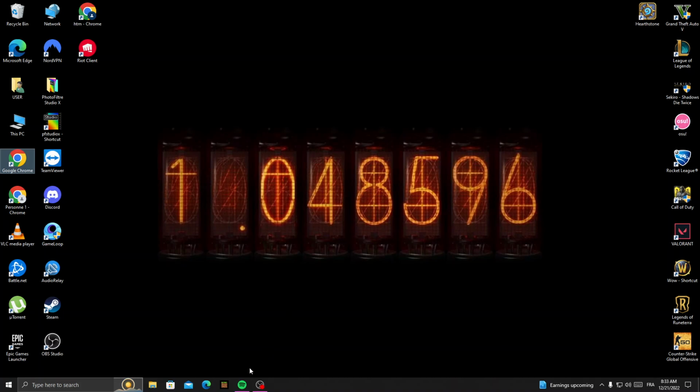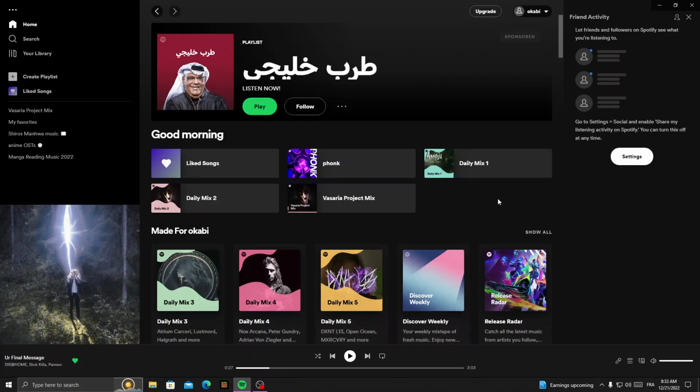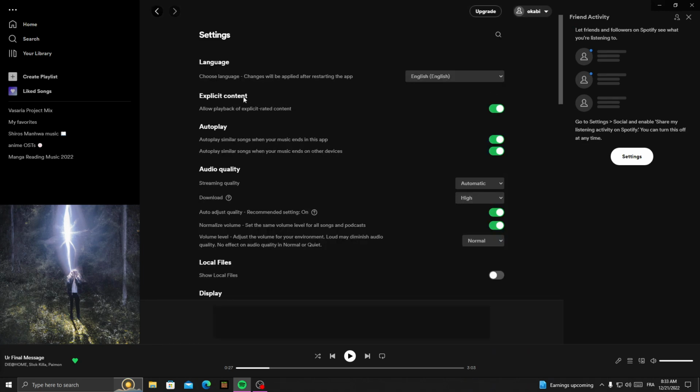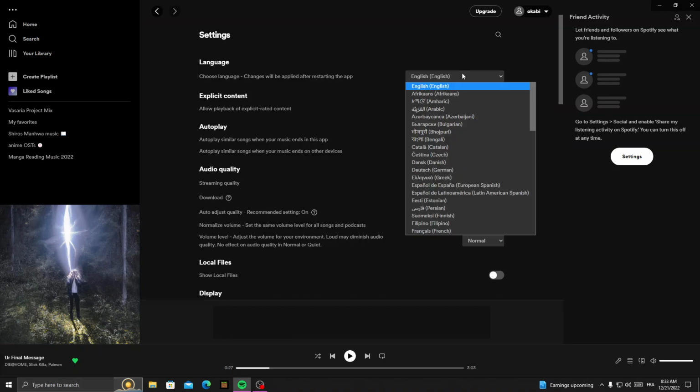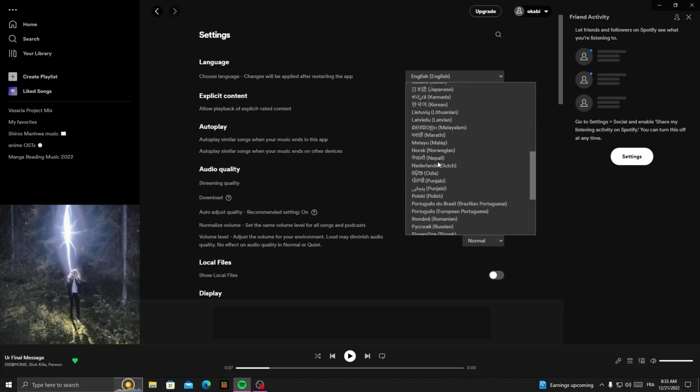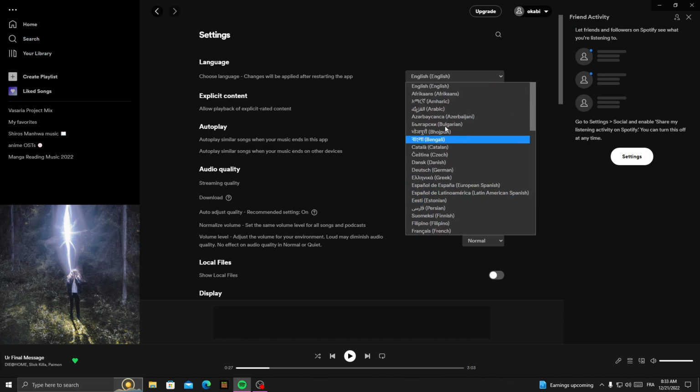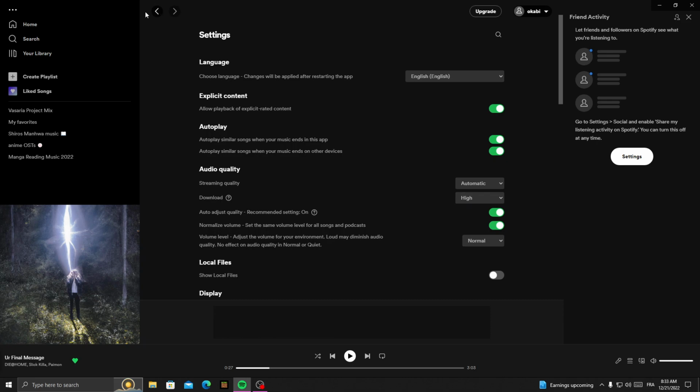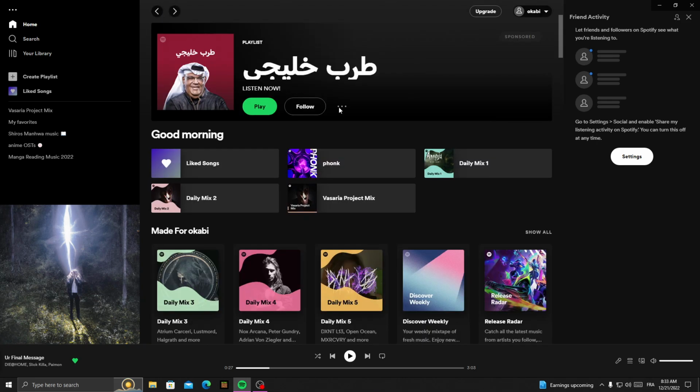First, open your Spotify, and now once you're here, all you need to do is click on your profile in the top corner and then click settings, and as you see here you will find language. Now just click on it, first one here, click on it and then select any language you want here, and that's it. Then just go back,